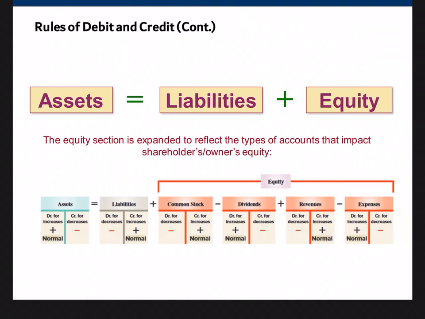Likewise, if a debit increases the balance of the account, such as asset accounts, then we would credit it, or do the opposite, to decrease it. So whichever side is increasing it, the opposite will decrease it. But again, here you see the equity section broken out with its components: common stock, dividends, revenues, and expenses, and